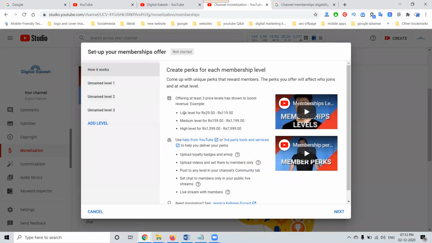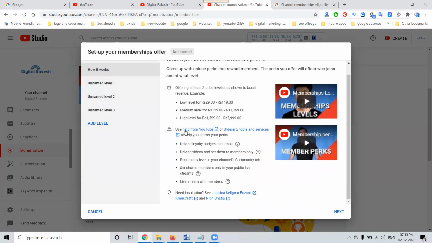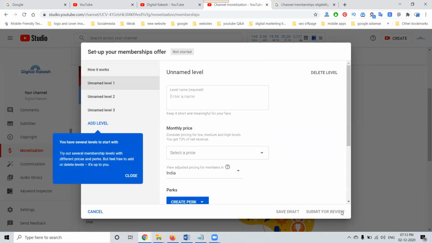In this membership, the low level is 29 to 119, the medium level is 159 to 1199, and the next, high level, is 1599 to 7999. So in this level, here is how we can activate it, and these are the particular options. When you click next, first of all,